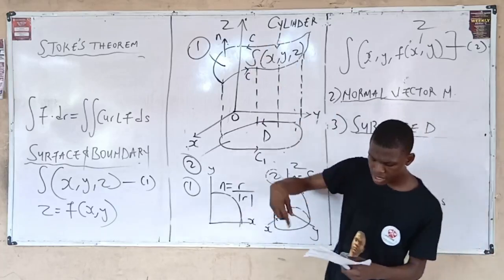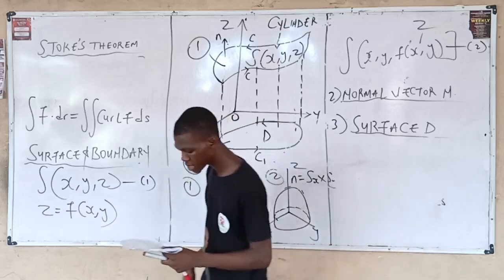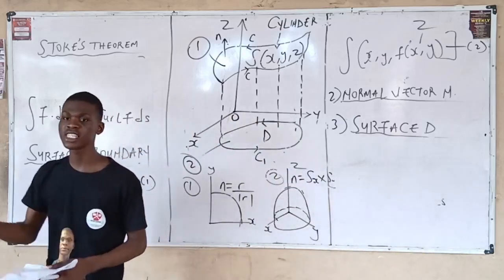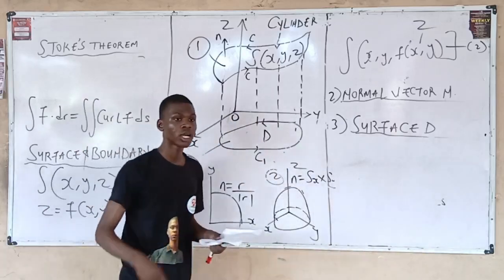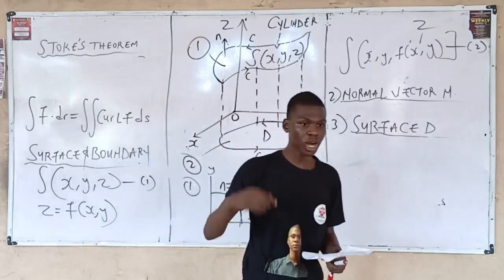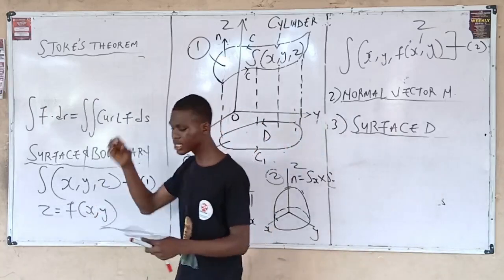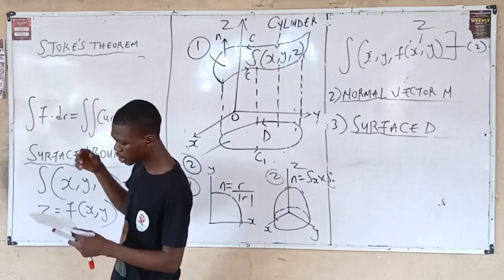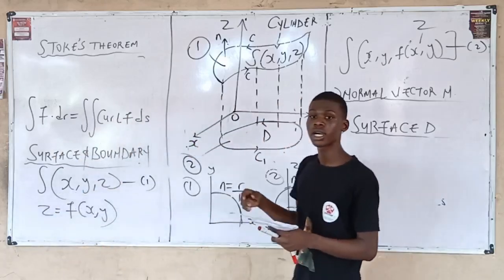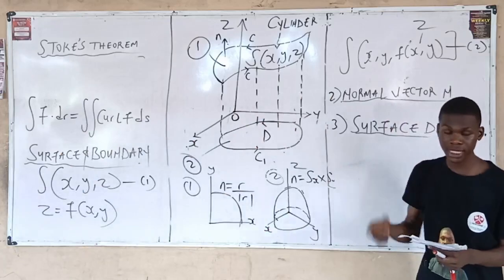The curve C is the boundary of D, and its orientation, the curve C